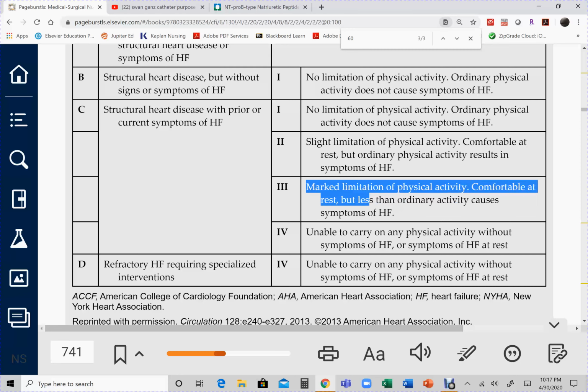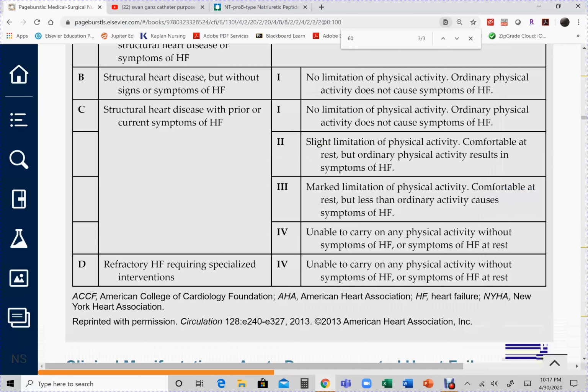They are still comfortable at rest, but this time less than ordinary physical activity causes symptoms already. Meaning, ordinary activities would be going to the bathroom, taking a shower. So in class 2, they may have some symptoms. So they'll have some shortness of breath. In class 3, these are now